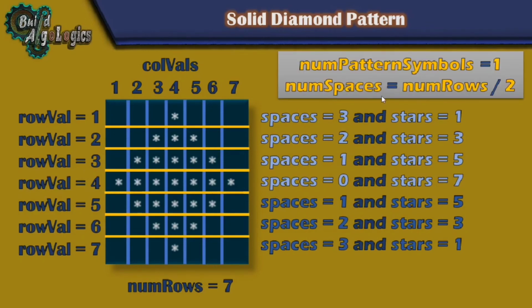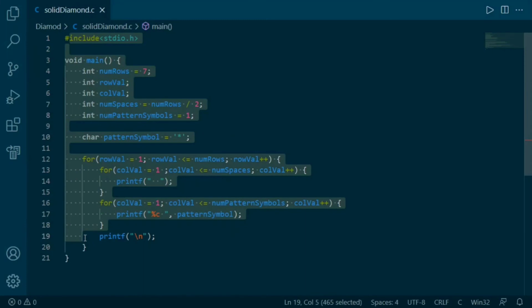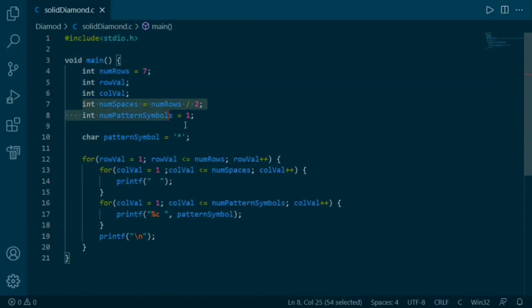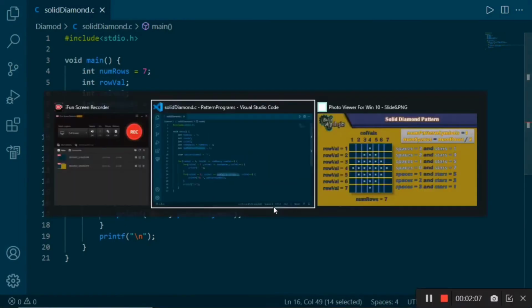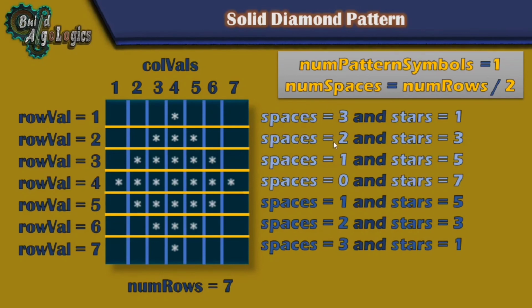So for getting this kind of behavior, we can use these two variables with their initial values. For the first row, we need 1 star and 3 spaces, one variable for printing spaces and another for printing stars or any symbol patterns. So our code will look something like this at present, but as we know, these values of spaces and stars change differently. For this part, spaces are decrementing but the stars are incrementing. Similarly for this part, the values of stars are decrementing and the values of spaces are incrementing.